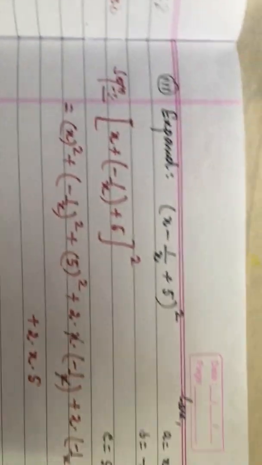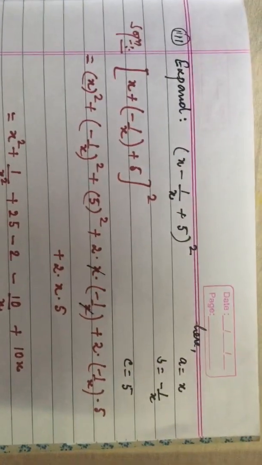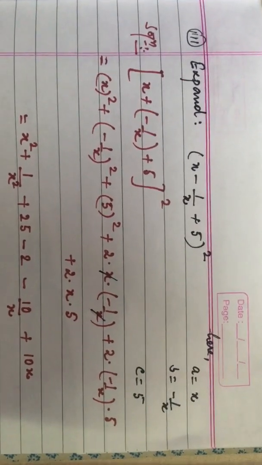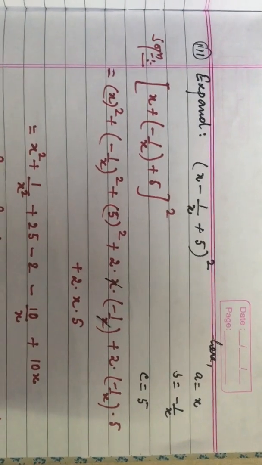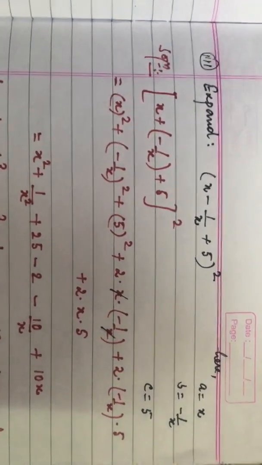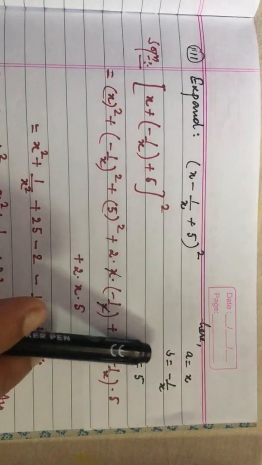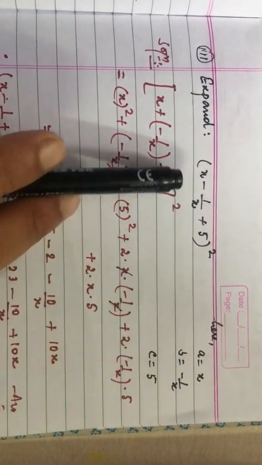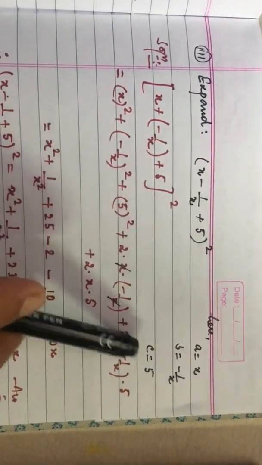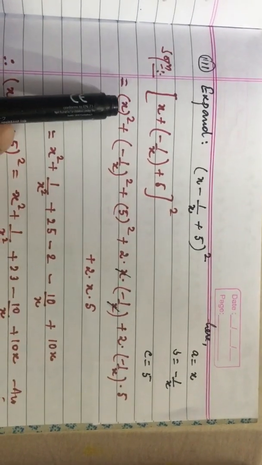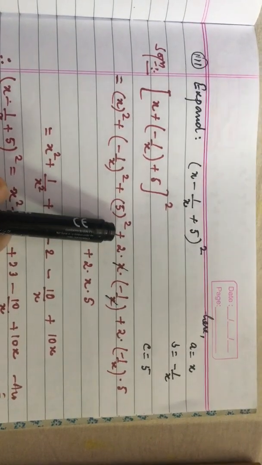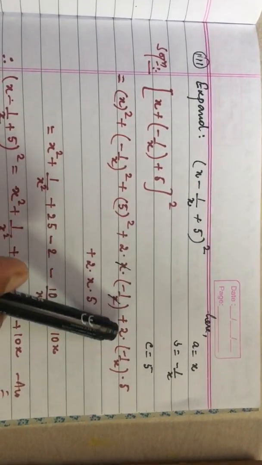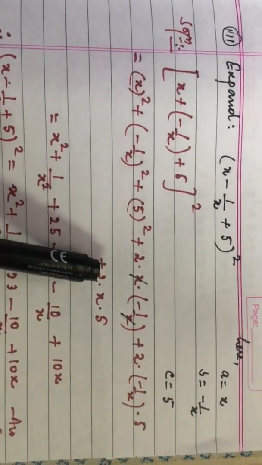Now see one more problem based on this. You can see the formula. Expand (x - 1/x + 5) whole square. You can suppose that here a is x, b is -1/x, and c is 5. Now see, using the formula, a square plus b square plus c square plus 2ab plus 2bc plus 2ac,